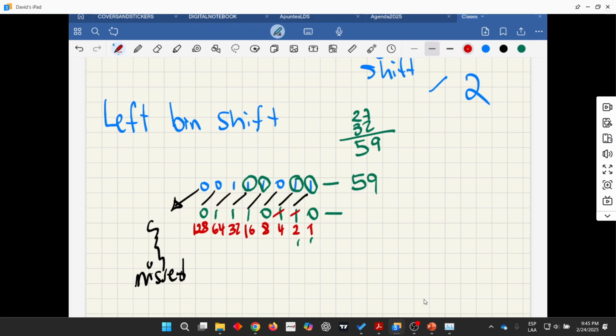22, 54 and 64 and 54. Here we have 8, 10. Okay, so we have 118. And let me show you. I am going to multiply this by 2, and the answer is